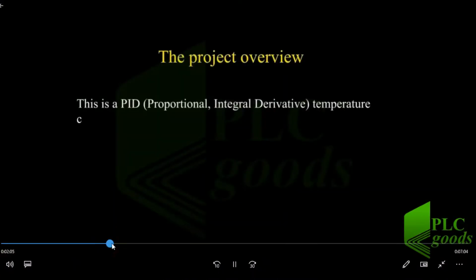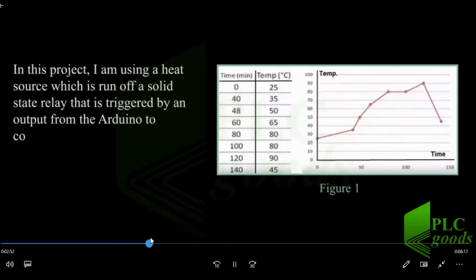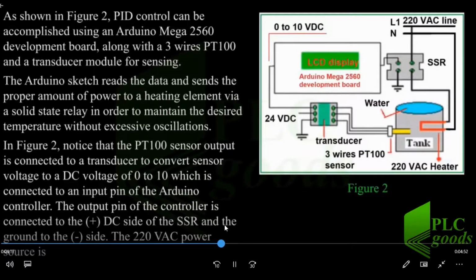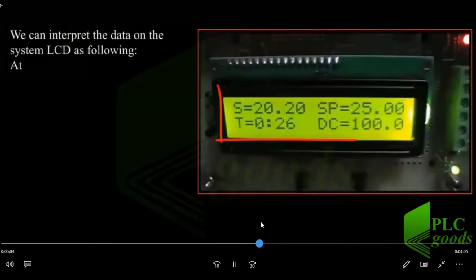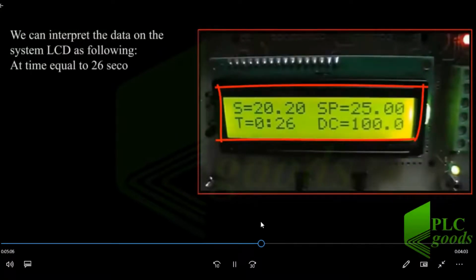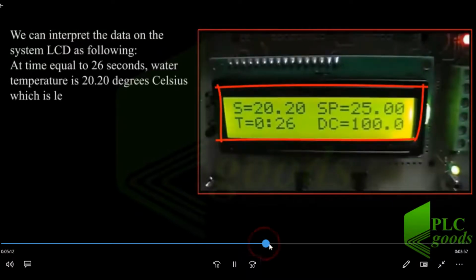The project at time equal to 26 seconds, water temperature